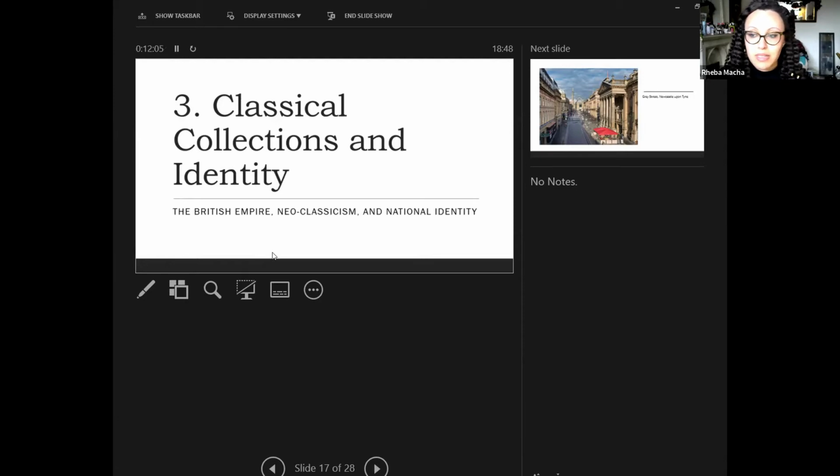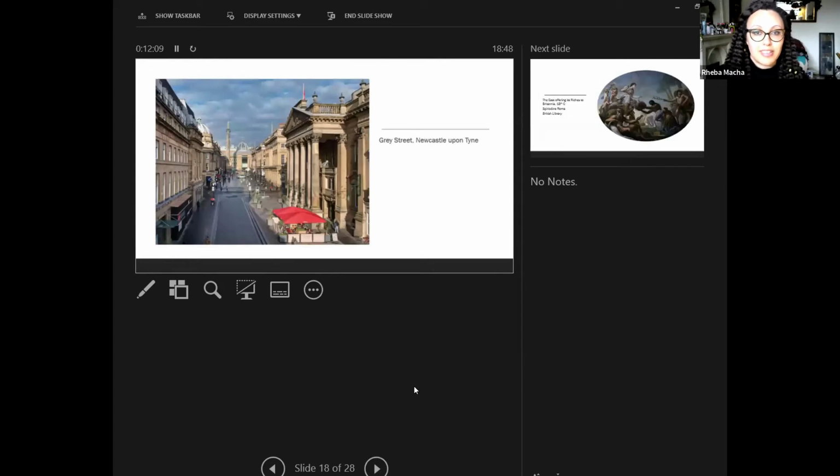And just because I've been quite desperate to get a local example in, this is Grey Street in Newcastle upon Tyne, well-loved Grey Street, with the Theatre Royal on the right there and Grey's Monument at the top, which from this perspective gives us a real kind of large Roman forum look when it is in fact 19th century Newcastle,